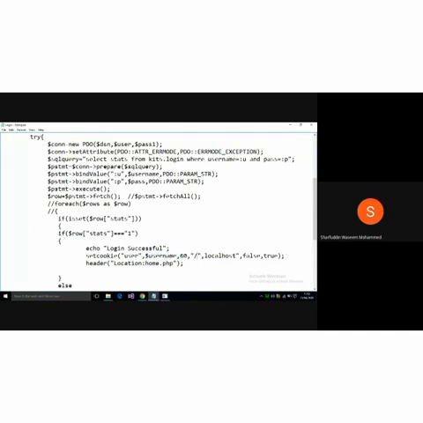So now when it sets a cookie, this is a string, this localhost is also a string. So now when the cookie is being set and the page is being forwarded to home.php, in home.php we are able to retrieve that particular cookie, because all these things lie in the same localhost. So the localhost domain will set all these cookies. So let us execute this program.